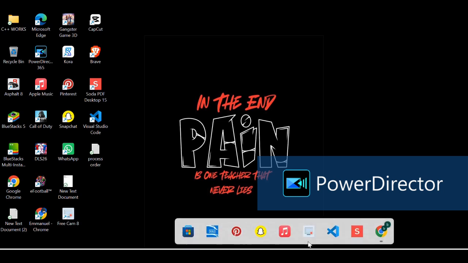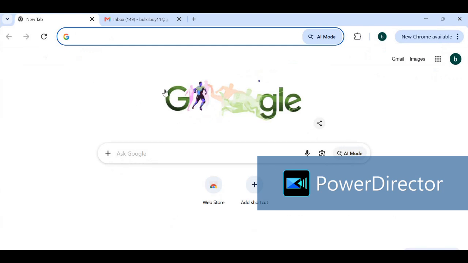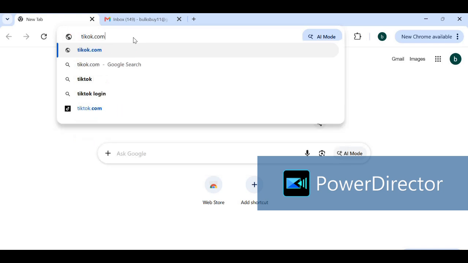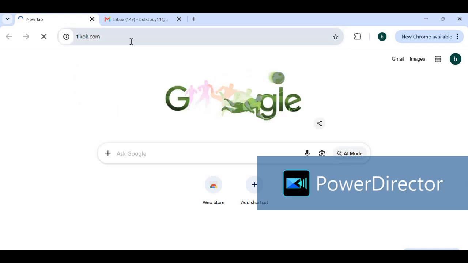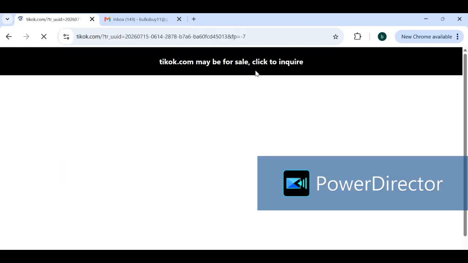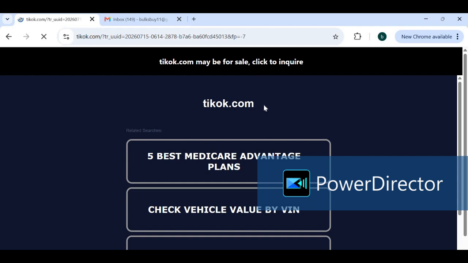So what you need to do first is to open our browser. You open a new tab and then type in tiktok.com. Then you hit enter. So you just wait for it to load. Just wait for it to load. Okay, so when the interface loads,